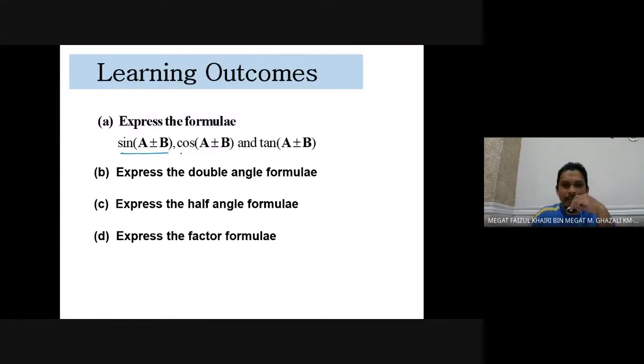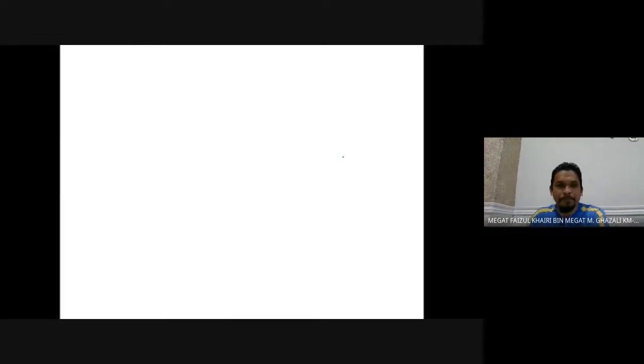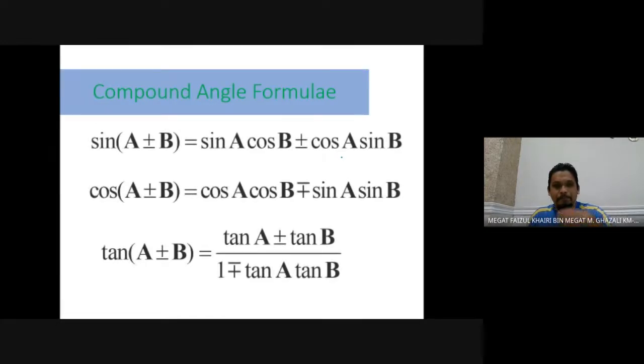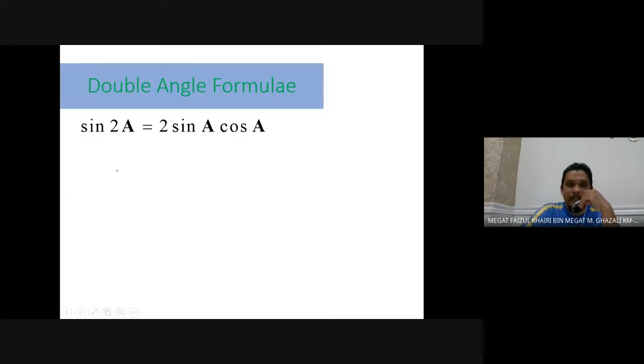Okay, so cos A plus B and tangent A plus minus B. So for this part, this is a formula which I think every time that you meet this question, especially in SPM and might be in future in PSPM if there is, they will give you all these formulas for you to use. Okay, so double angle formula,